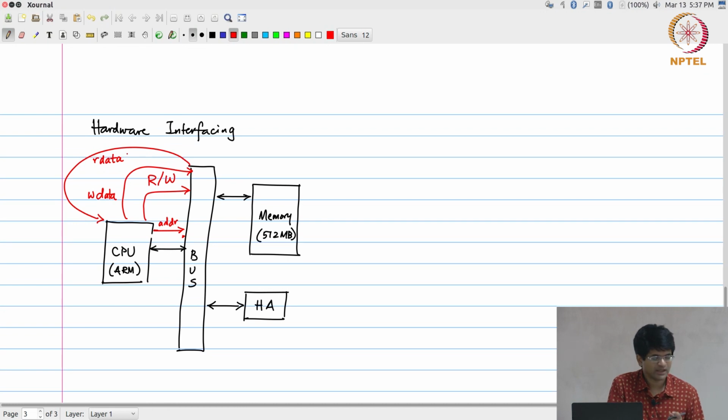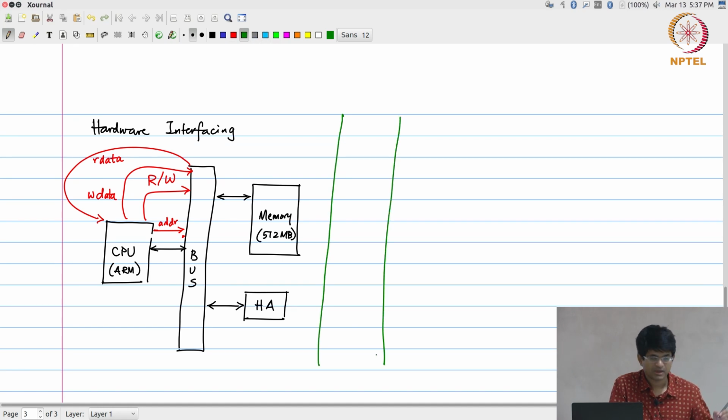Why am I doing that? Because what I can then think of is that my overall memory module is mapped into something that I will call an address space. Now, an address space is essentially all the possible addresses that can be generated on the address bus. For a 32-bit address bus, that essentially goes from